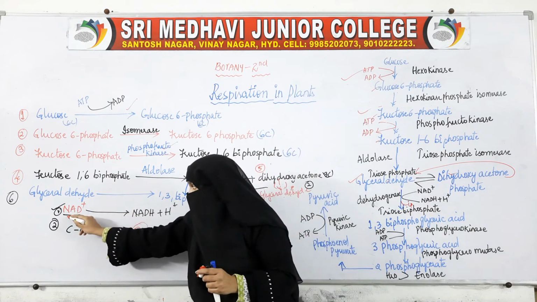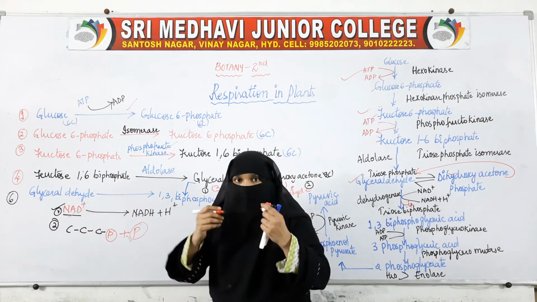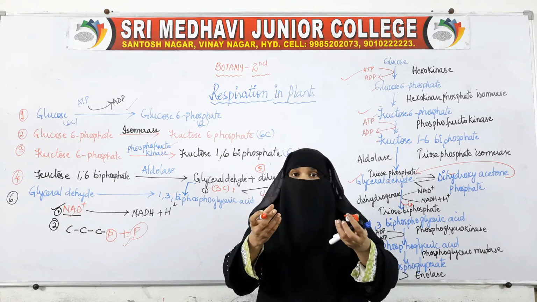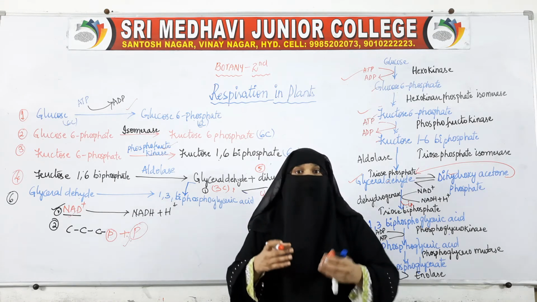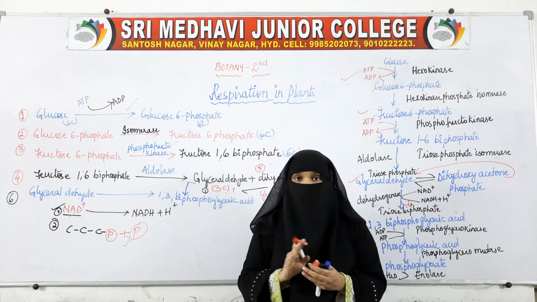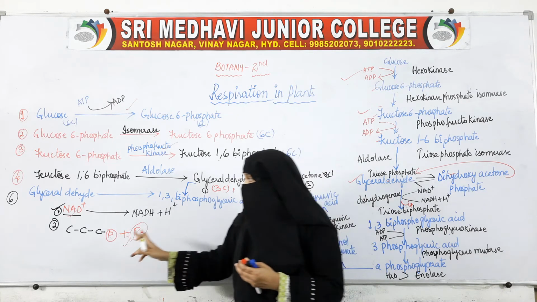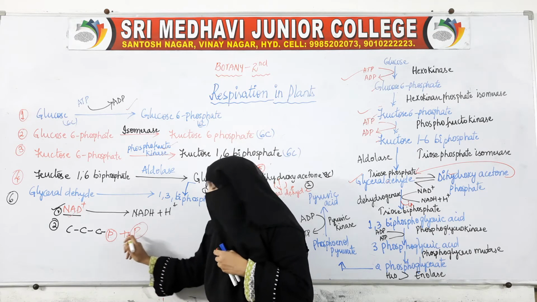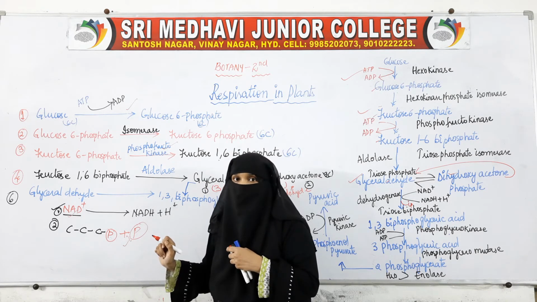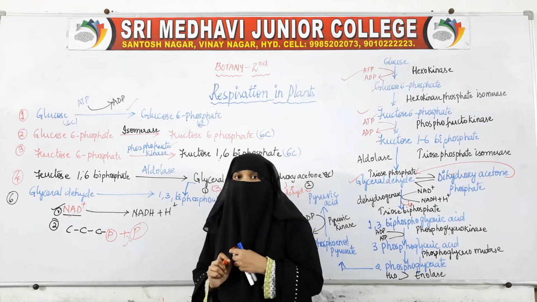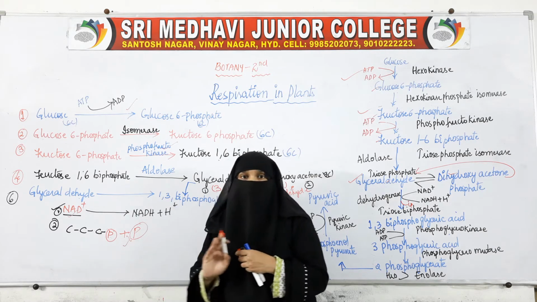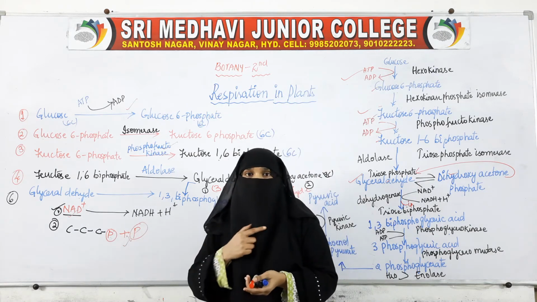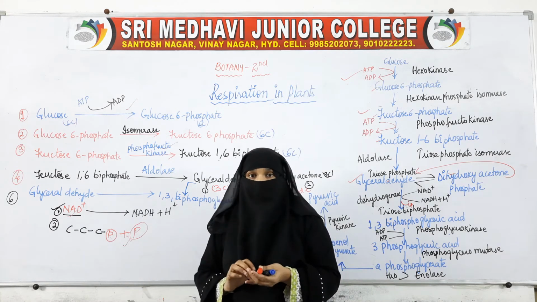Inside the cell, oxidizing agent will be present. Inside the cell, inorganic phosphates will also be present. So, whatever was there inside the cytoplasm is being utilized. We are not using ATP. So, what is happening to this triose phosphate compound? One more phosphate is being attached, and this phosphate is not taken from the ATP. This is from inorganic phosphate which is present inside the cell itself.